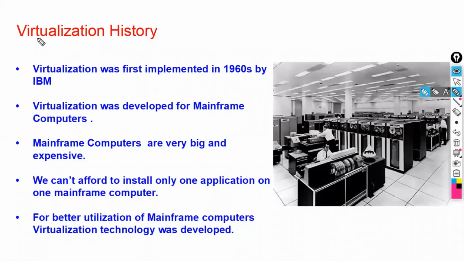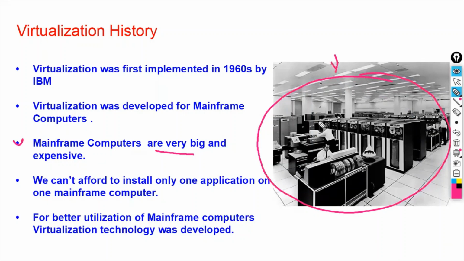Moving forward, we'll see virtualization history. Virtualization was first implemented in the 1960s by IBM. It was developed for mainframe computers. This is the mainframe computer, and mainframe computers are very big. It is a very big computer which took one big hall to get installed, and they are